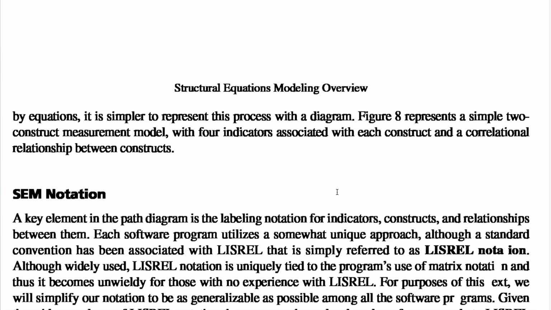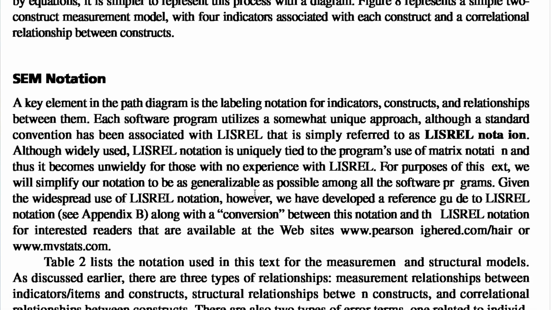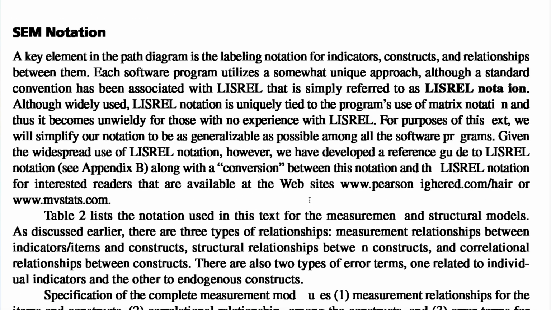Figure 8 represents a simple to construct measurement model with 4 indicators associated with each construct and the correlation relationship between constructs. Let's talk about structural equation modeling notations. A key element in the path diagram is the labeling notation for indicators, constructs, and the relationships between them. Each software program utilizes a somewhat unique approach, although a standard convention has been associated with